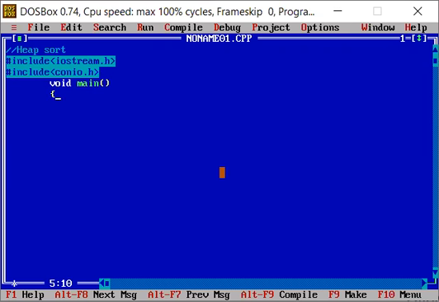and inside the main function I'll declare clrscr and getch. And the compound statements are these. Okay, let me indent this one and this one also. So I'll write the code in between these two functions.